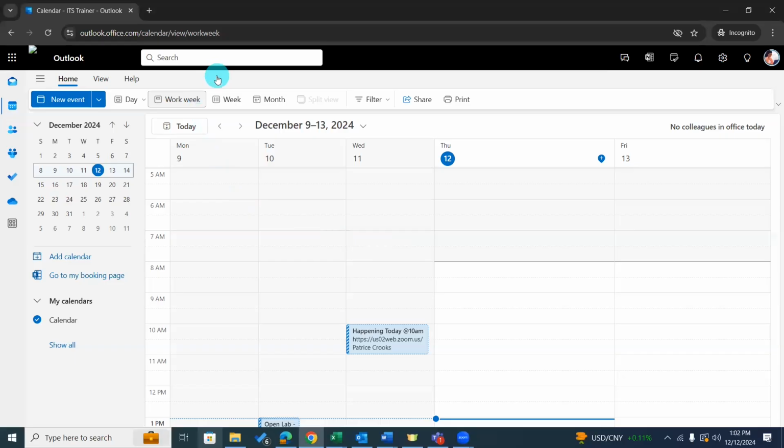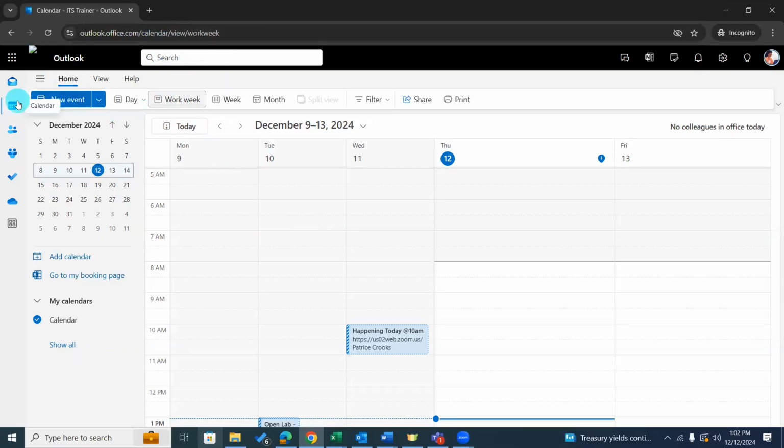Great. Now let's see how we can share a calendar or publish it for other people to see it for important dates like deadlines, corporate events, and things that you don't necessarily want to keep on your calendar because it could end up being cluttered if it's more just for awareness. So I'm over here in the Outlook web app. We're going to do everything in the Outlook web app today because it's just a little bit easier to complete